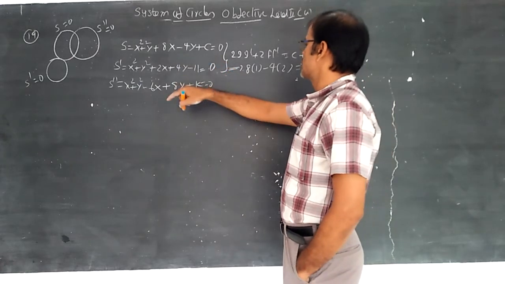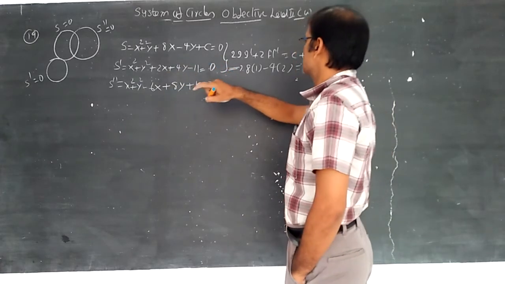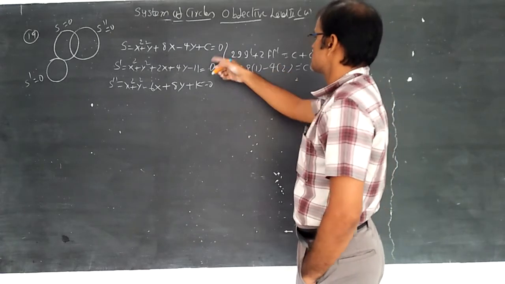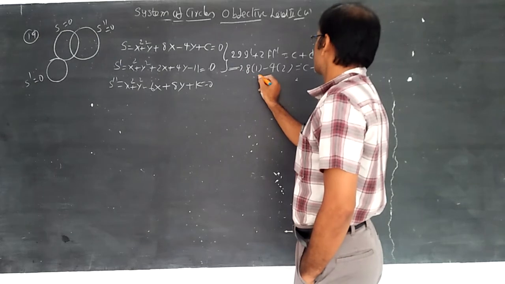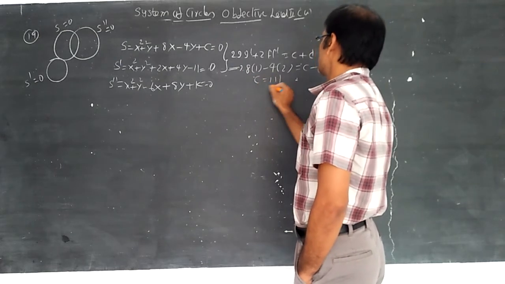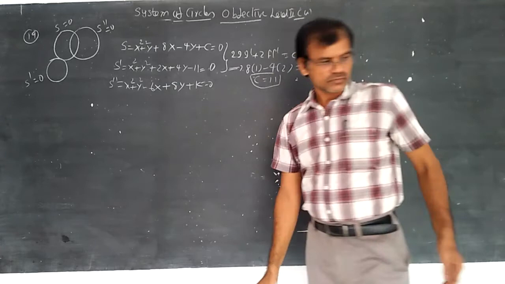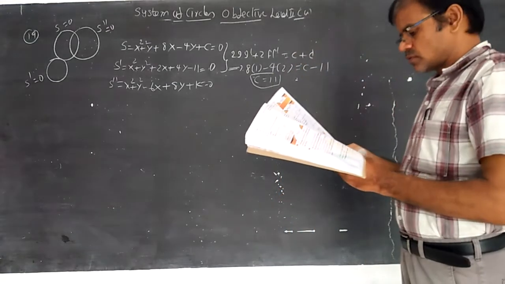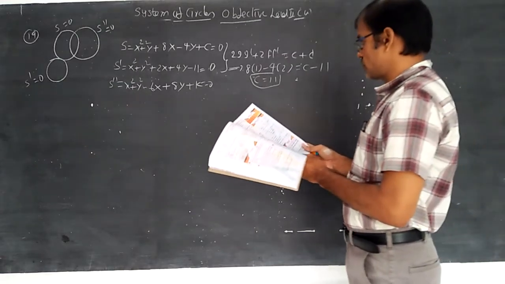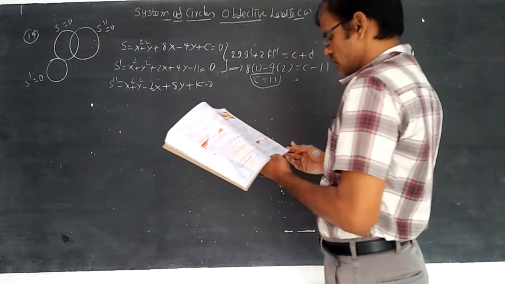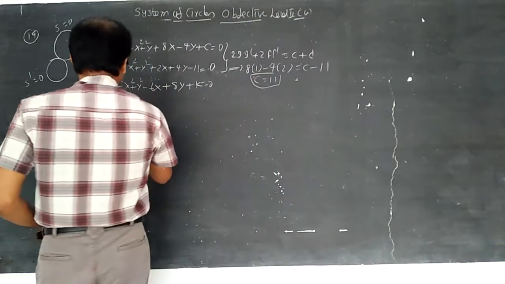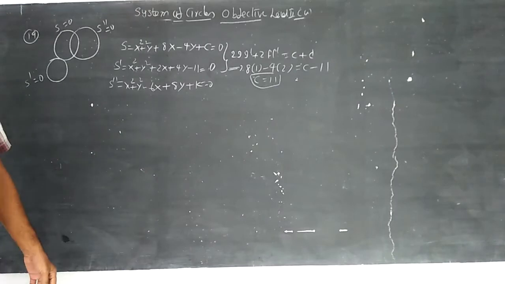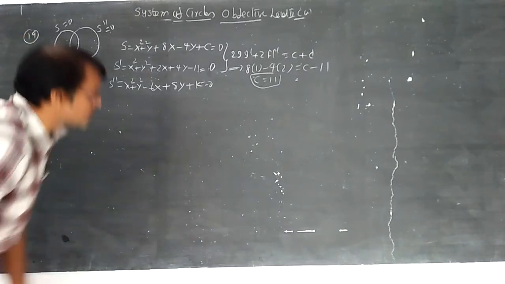2g means 8 and g dash means here 1. 2f means minus 4 and this is 2. 8 minus 8 becomes 0, c minus 11. So 8 minus 8 is 0, so c is equal to 11. That is the 2gg dash plus 2ff dash concept. Okay, now apply this. Not this one, orthogonal, this condition was a mistake written here.